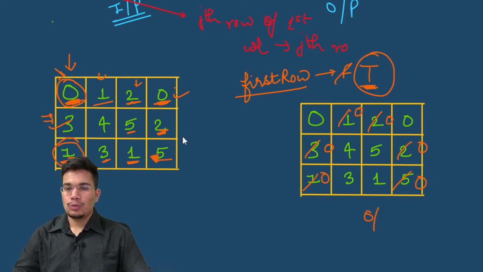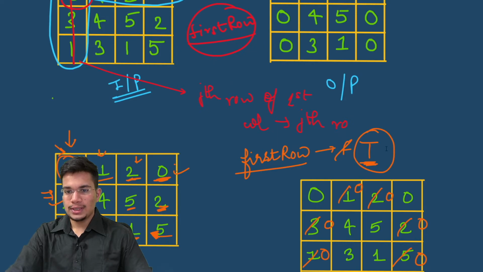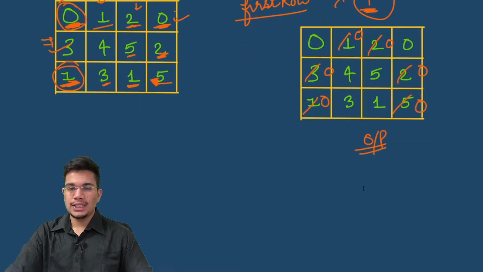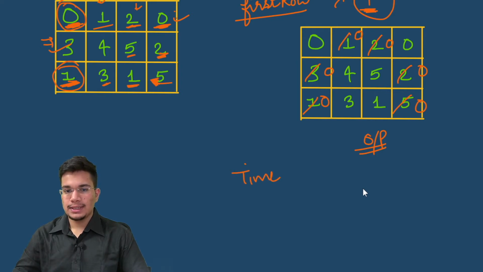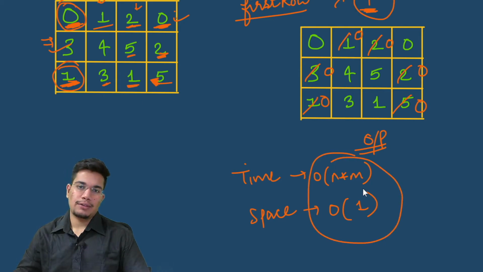So finally, this is the output matrix that we get, and you can clearly see that this is similar to the one that was required. 0 and then first column, last column, all are 0. So we have in place changed it to the required matrix. And for this one, as we have already discussed, the optimal time and space. Time will be, we are iterating over all elements, so there are n cross m total elements. And space, we are using that matrix itself to store the information, so space will be constant. And this is the best time and space that you can have for this particular question.